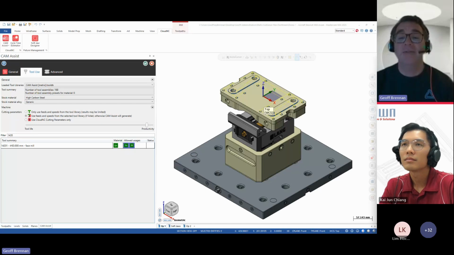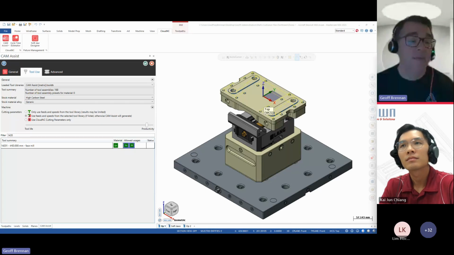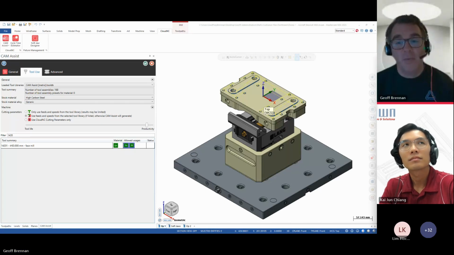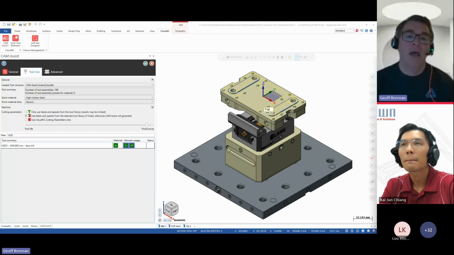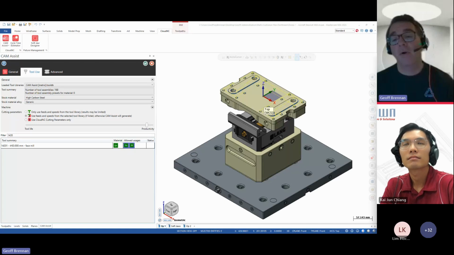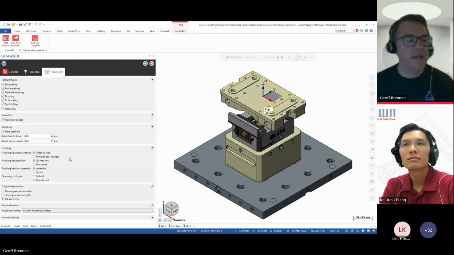We have machines hooked up with sensors and all kinds of equipment to determine the tool deflection and ensure that our models are appropriately creating the toolpaths for maximum efficiency, and also getting feedback from our application engineers or customers: CamAssist is doing situation A when I have these conditions, I would expect condition B. Sometimes in situations like that, there's no right or wrong answer, there are alternatives, so we'll have to do things like give the user a choice.